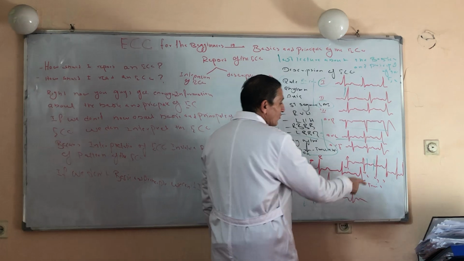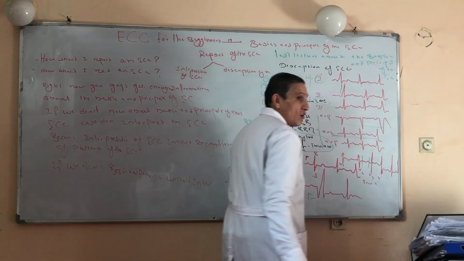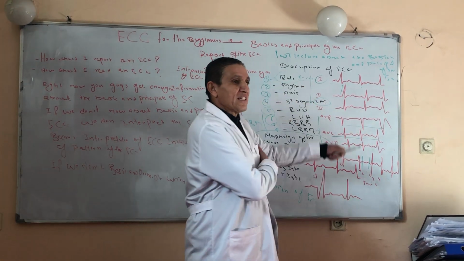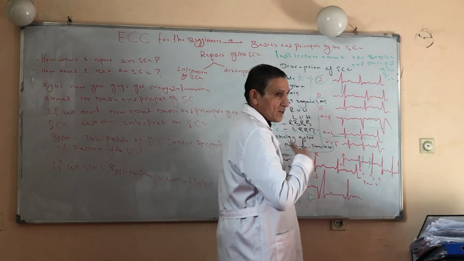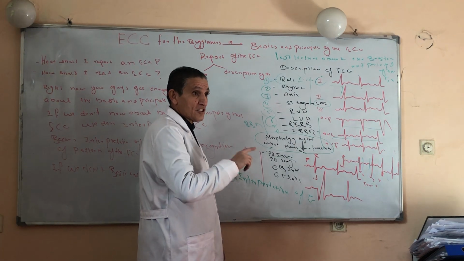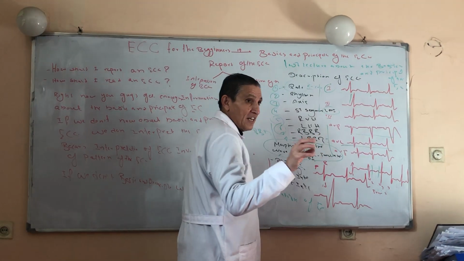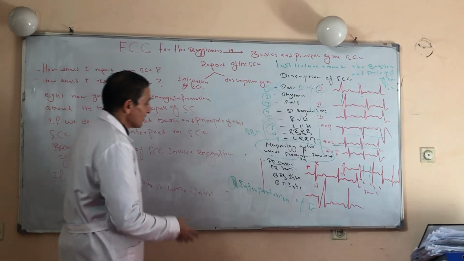And finally, we go to V5 and V6. V4 is larger than V6, because V6 is placed in the anterior axillary line. And because we have soft tissue, the electrical impulse must move through the lungs, tissue, and skin, and finally reach V6. This is why V6 is smaller than V5. This was today's lecture about